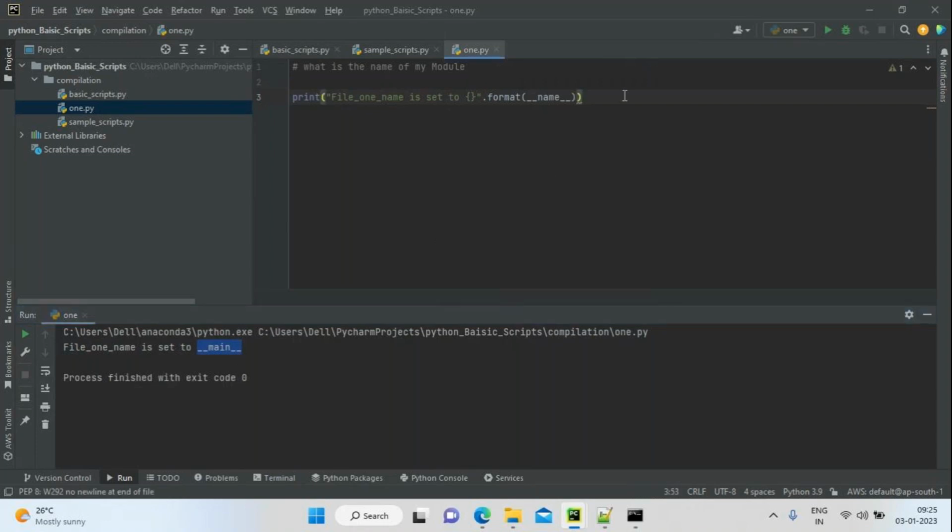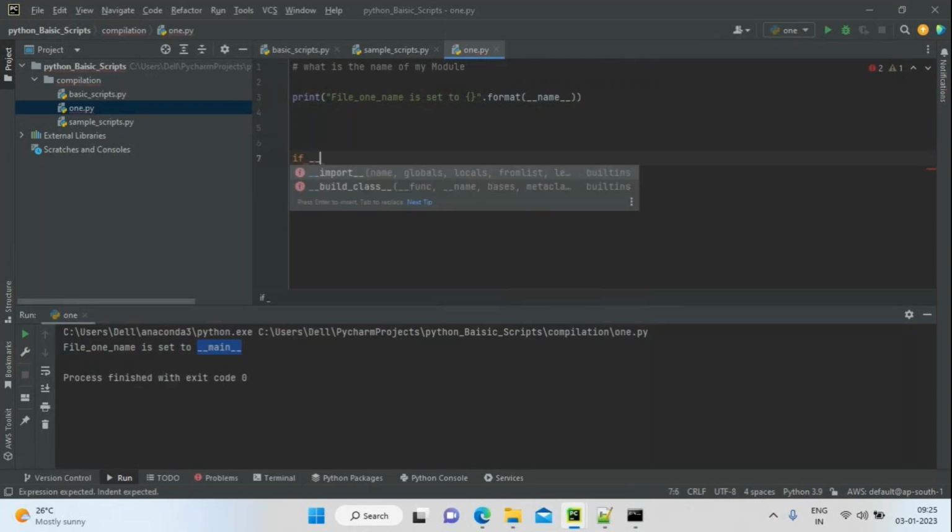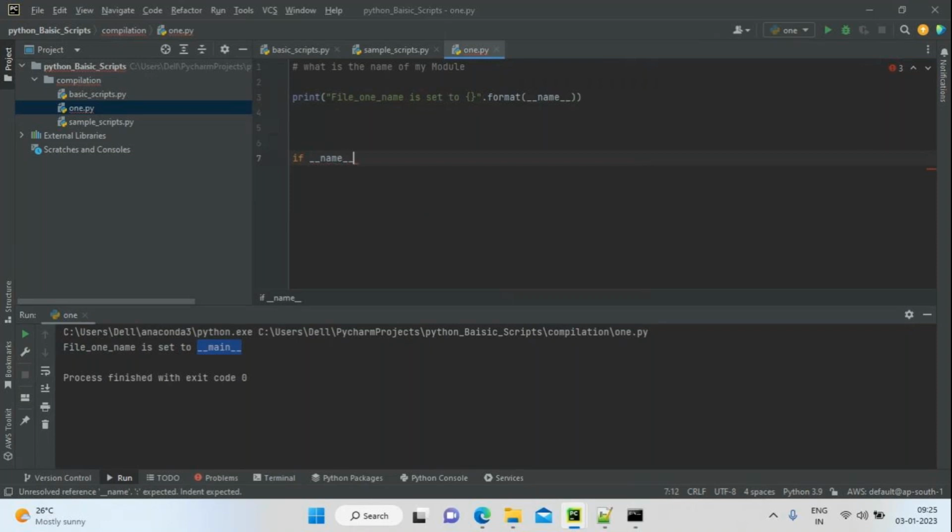That's why, in Python 2, you write it like this. Your Python virtual machine sets one variable called __name__. The Python interpreter will set this variable. I'm going to do an equality check, which means you have to use double equals; single equals means assigning.